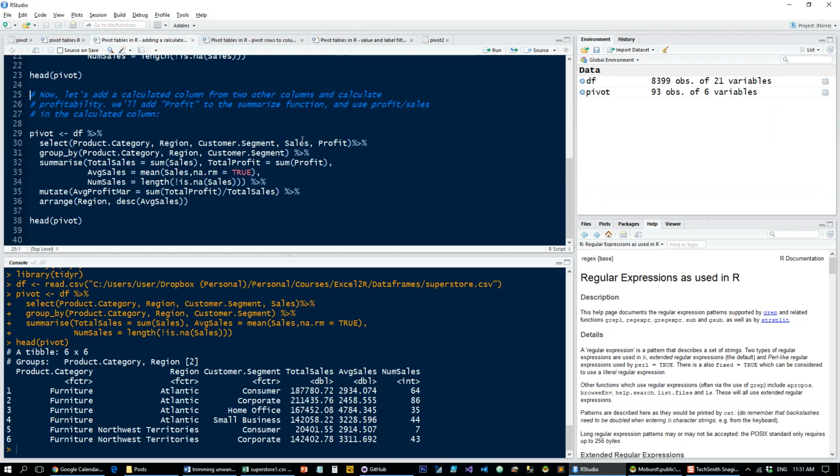So we select profit here as well. And then after the summarize, we add the mutate, which is basically adding a new column. And the new column is going to be called average profit margin, and that's going to be the sum of the total profit divided by total sales. So notice that if I just put profit here, or it's capitalized, profit and sales, it's not going to run